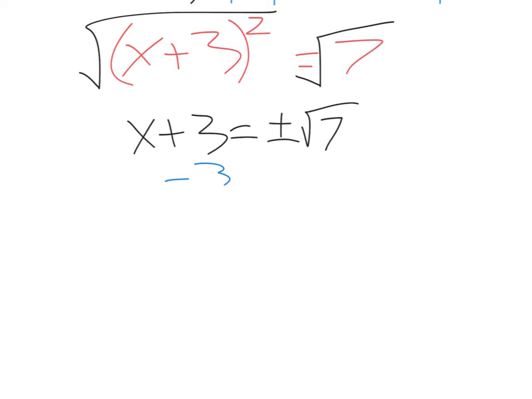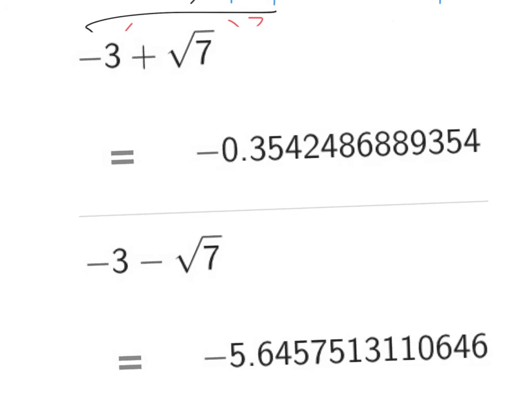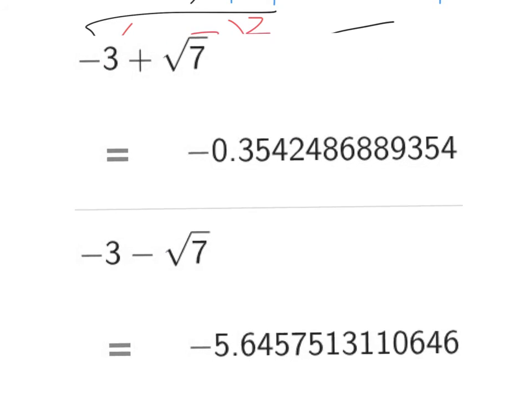So for my final step, I will just minus 3 to the other side, and I have x equals negative 3 plus or minus the square root of 7. So if your teacher asks you to give the rounded answers, you just need to type into your scientific calculator negative 3 plus the square root of 7 and negative 3 minus the square root of 7. And so for me, I like to ask my students to round to the nearest thousandths place. So this would be negative